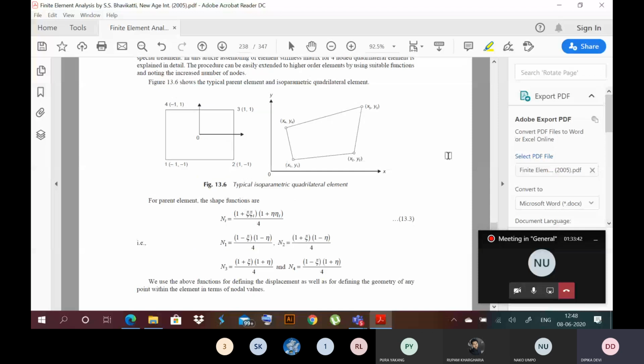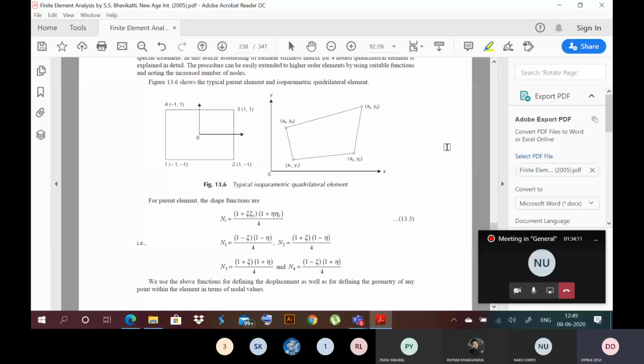So the next topic is analysis of beam and rigid frame. That is chapter 14 of this book by S.S. Bhavikatti. Try to download it. I have already downloaded it. You can download this book, or I can share it; I have the soft copy. I think in ERP it is not possible, so if possible I will share this file, or share it in Google Drive, if you cannot download the book.